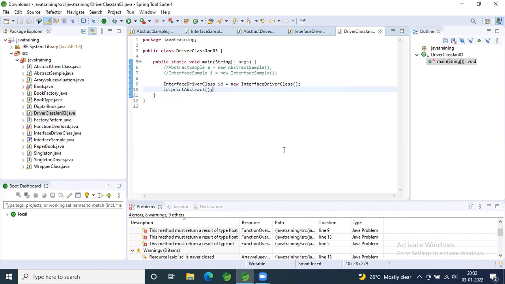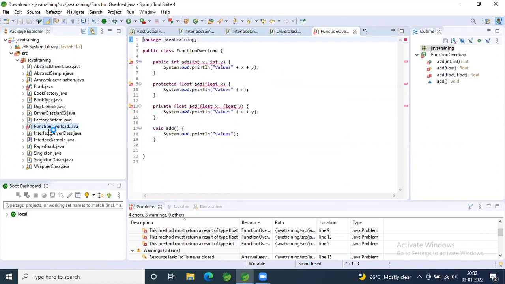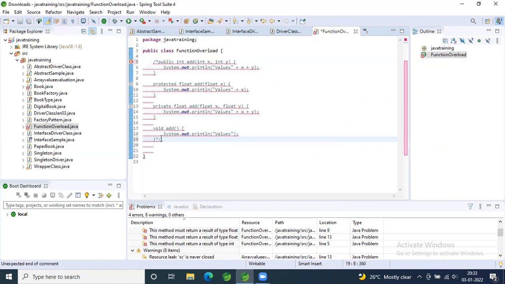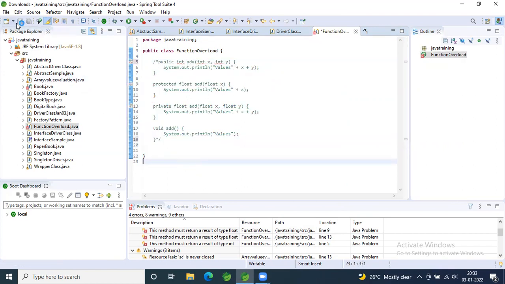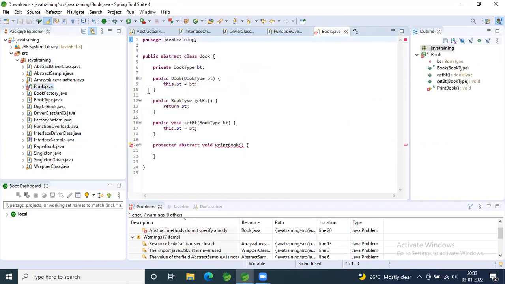I think your package has some errors. Your abstract method cannot have a body. That is the error there. Okay, fine. Just save it.